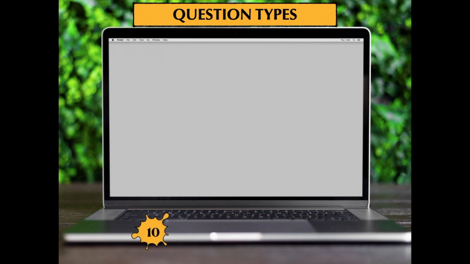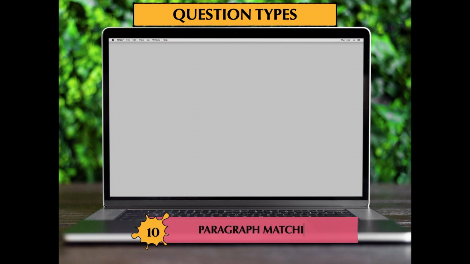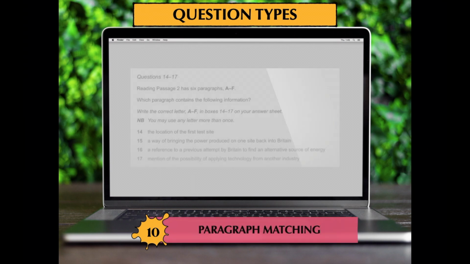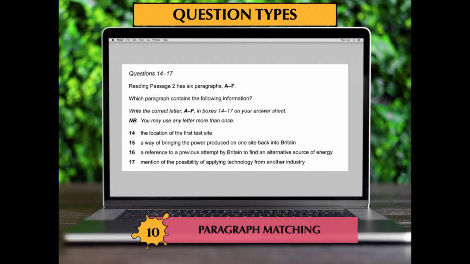After the diagram question type, you will encounter another question type in the examination, which is paragraph matching. This is a difficult type of question type because you need to match the paragraphs with the sentences that are being displayed as questions. So you need to match 6 paragraphs that are from A to F in this particular question type with 14 to 70s. Mark one thing here, that the number of paragraphs are more than the number of options given, and you need to also take in consideration the note that is being displayed here. You may use any letter more than once.